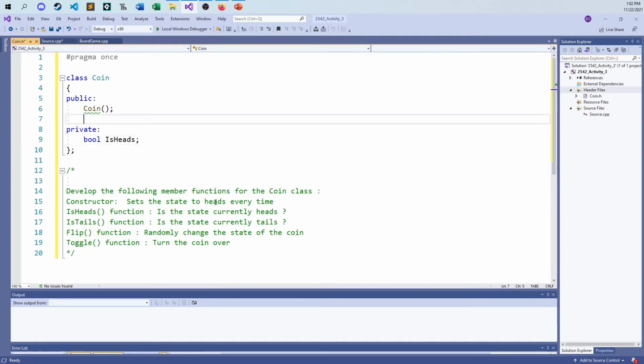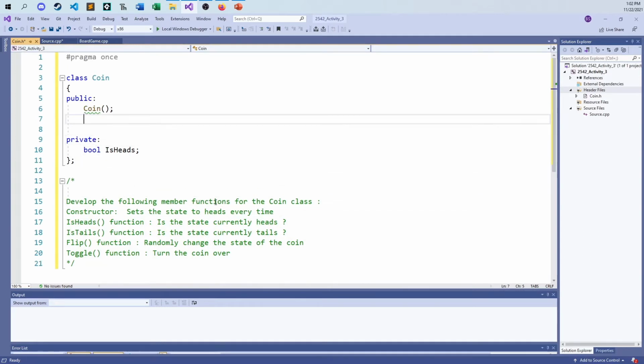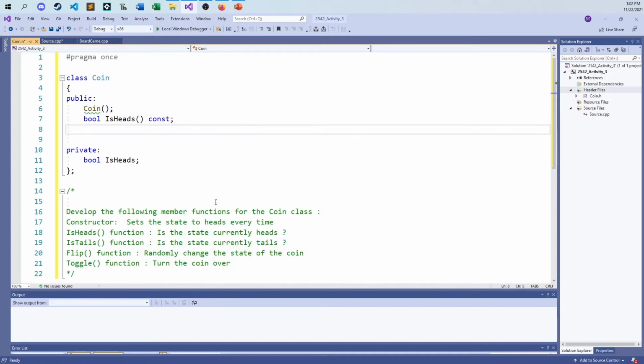There's my constructor. And I'm going to have this isHeads function. It's a bool. And I'm going to do the const correctness here. Let me just write out the two here, isHeads and isTails. These are going to be bools, because if you had a coin sitting on the table and you couldn't see it, and you were asking your buddy, hey, is that tails? Is that heads? You would expect a yes/no answer, and depending on the friends you have, sarcasm and whatever else to go with it. But from the computer standpoint, it would just be a yes/no, true, false, is it heads